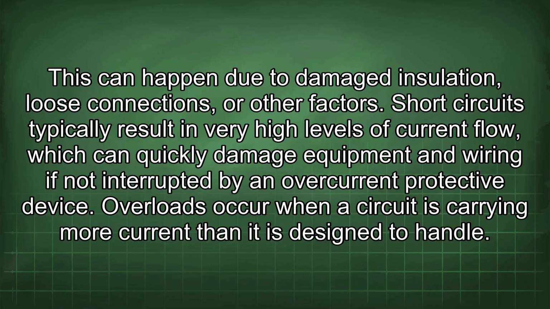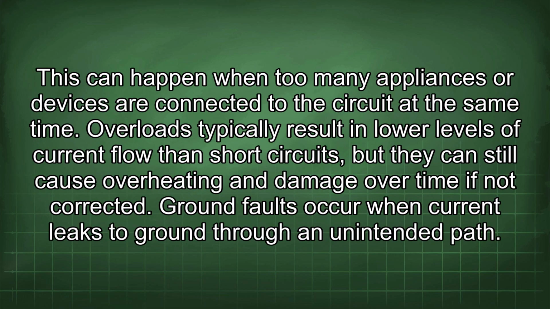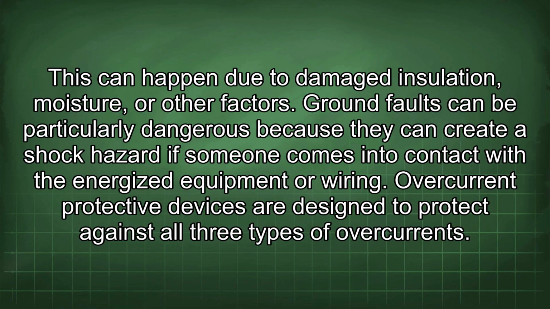Overloads occur when a circuit is carrying more current than it is designed to handle. This can happen when too many appliances or devices are connected to the circuit at the same time. Overloads typically result in lower levels of current flow than short circuits, but they can still cause overheating and damage over time if not corrected. Ground faults occur when current leaks to ground through an unintended path. This can happen due to damaged insulation, moisture, or other factors. Ground faults can be particularly dangerous because they can create a shock hazard if someone comes into contact with the